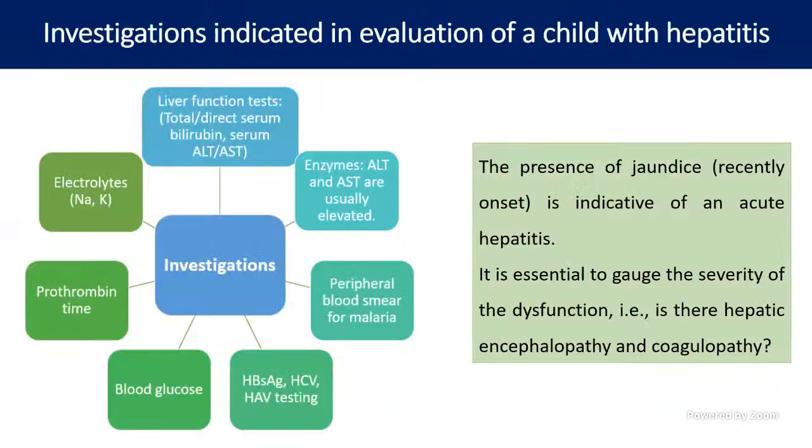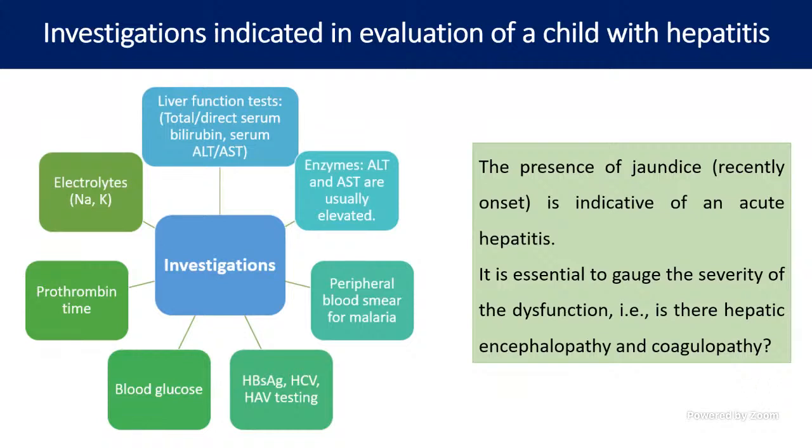So what should we do? We should do the liver function test to see what is the level of bilirubin. You have to see how the enzymes, ALT, AST, are. Many times they will be elevated, and you check for infections. We will send a smear for malaria, where you can see that jaundice is there, anemia is there. That can be because of infections like malaria. Then we have to do the virology samples for HIV, hepatitis A, hepatitis B, hepatitis C, and check blood glucose, because hypoglycemias are very common when they have a liver disease.